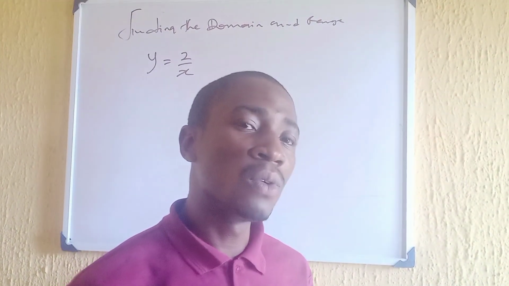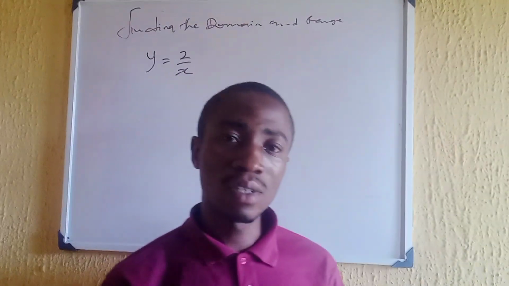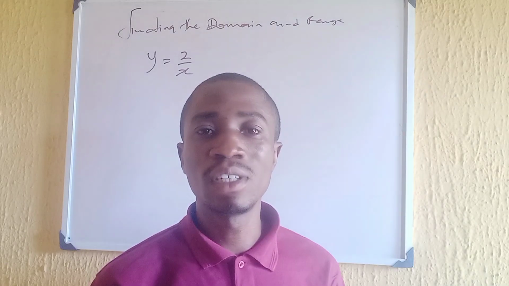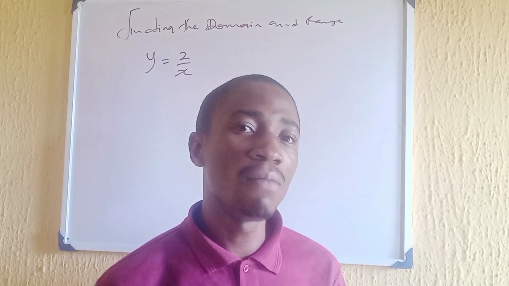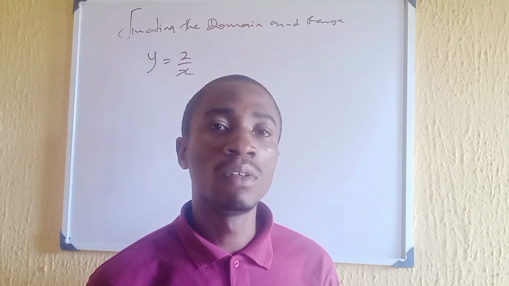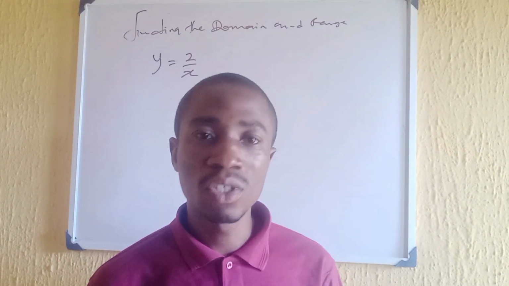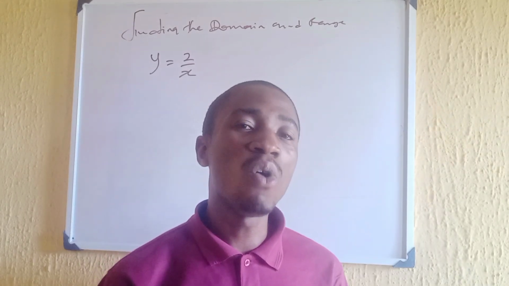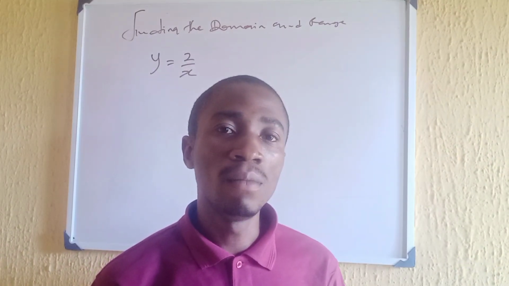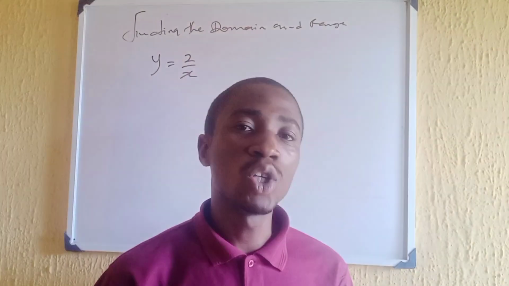So in that case, we want to know what the domain of a function is about and what the range of a function is about. The domain of a function is a set of all possible input values. Take note of the word possible. There is a value that cannot be an input value. The same thing happens with the range. The range is a set of all possible output values, meaning that there are values that cannot be output values